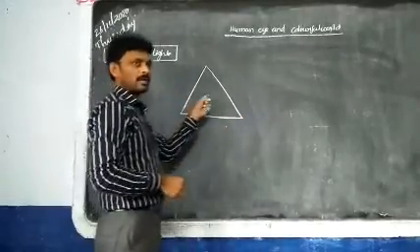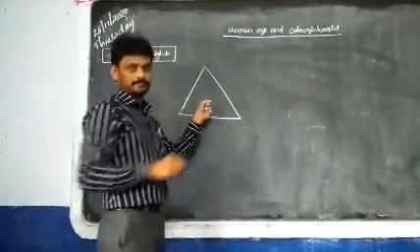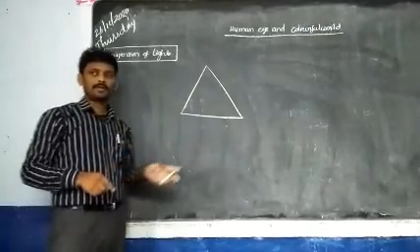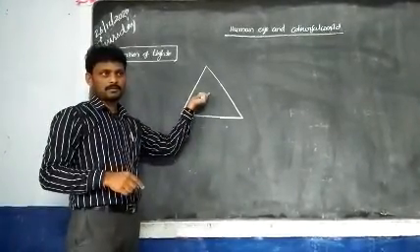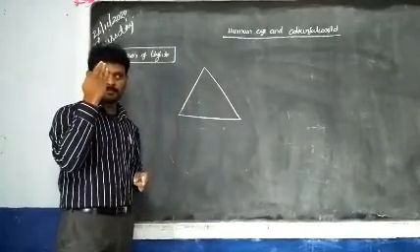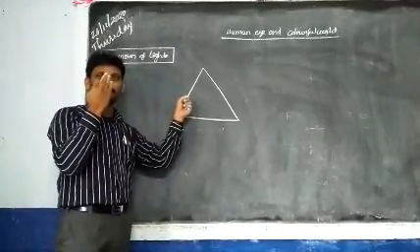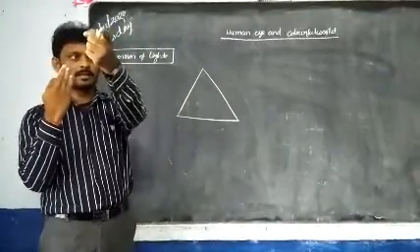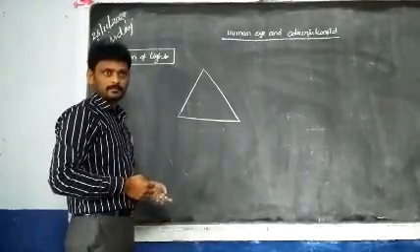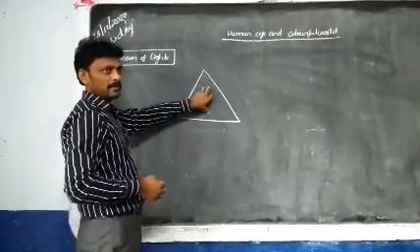Not only prism, you can take any transparent medium. I told you what is the meaning of transparent. Light can travel easily through it, and if you keep an object behind a transparent medium, you can see the object directly, just like glass. Clear? Okay, transparent medium I am taking.